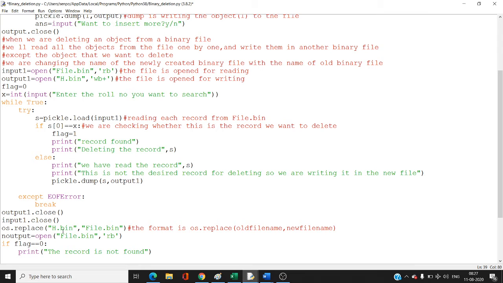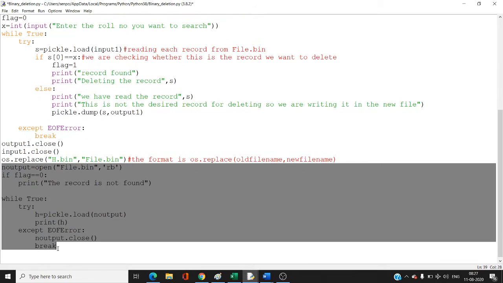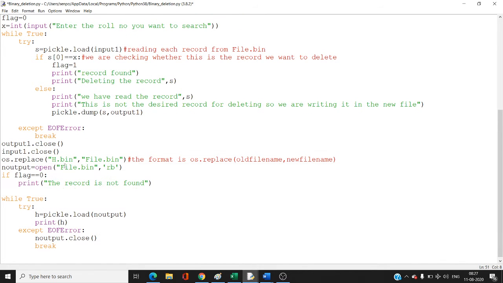So our old file name was h.bin, but we are changing the name to file.bin. Then this part is only for reading. We are opening the file for reading. Now this file.bin is actually h.bin, whose name we have changed.